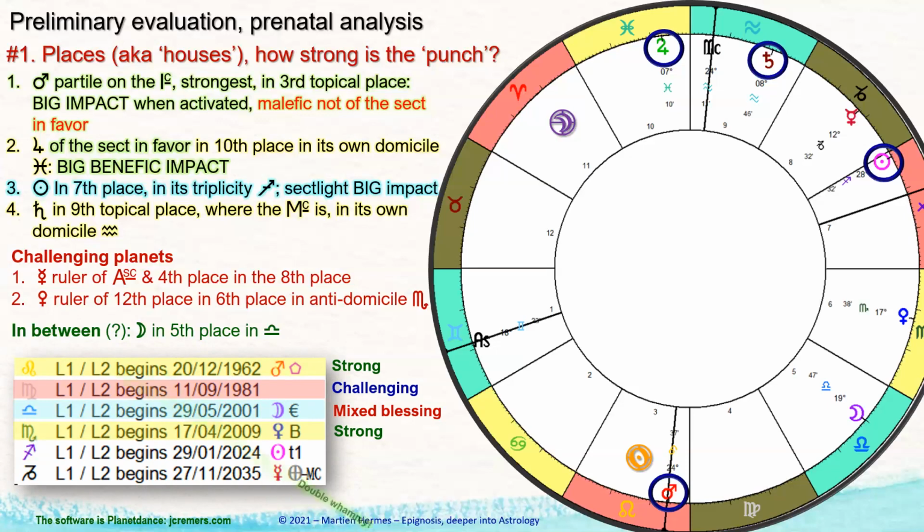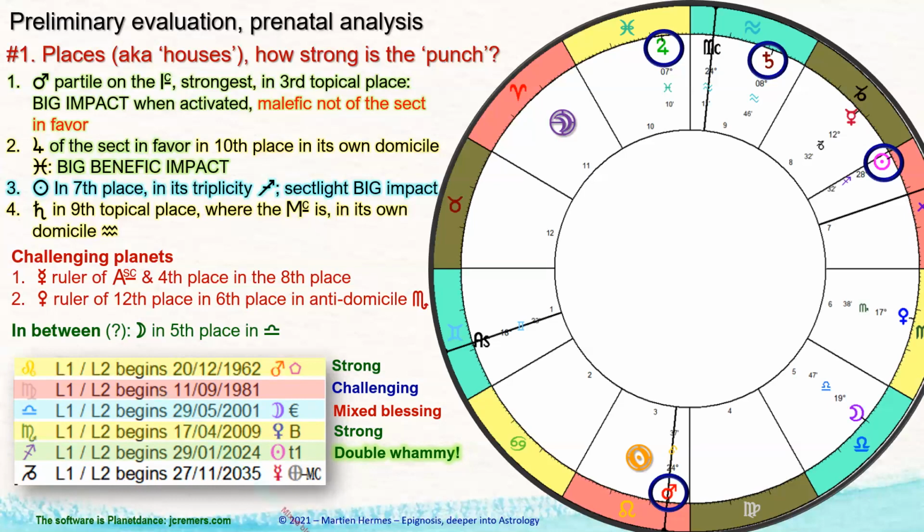Okay, now here we got a double whammy, which is the period you were hoping to arrive as soon as possible, because there we have the sect light, the sun, and it's ruled by Jupiter, which is a planet of the sect in favor, which is in the 10th place, which is in its own image. Wow, you can't get any better than that. So is this my reward? Yeah. For surviving? Yeah, I think so. Yeah. Okay. It's gonna be, to quote our friend, the president, it's gonna be great. Right?